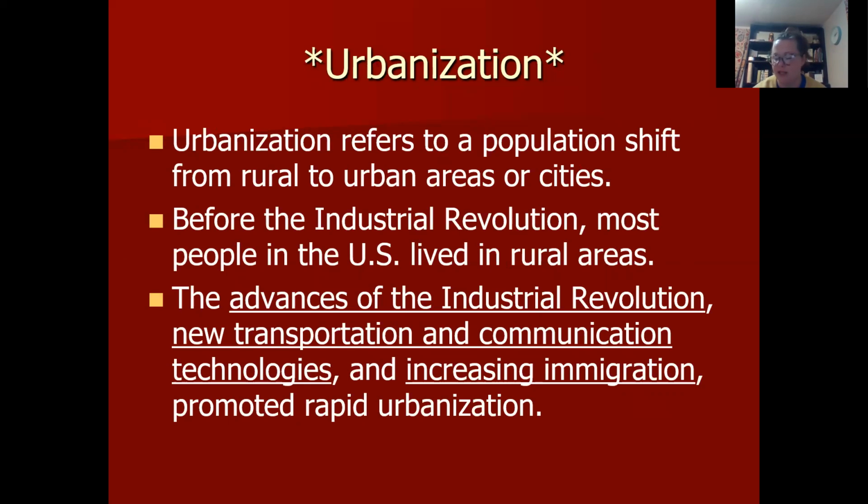So the advances of the Industrial Revolution improved transportation and communication. Immigration and migration from rural to urban areas all factored into promoting urbanization. As cities grew and the factory system became part of American life, pollution became rampant and working conditions were often poor. This is also what led to the labor unions really coming up, right? Like I said a minute ago.